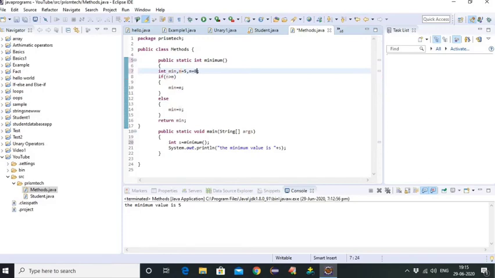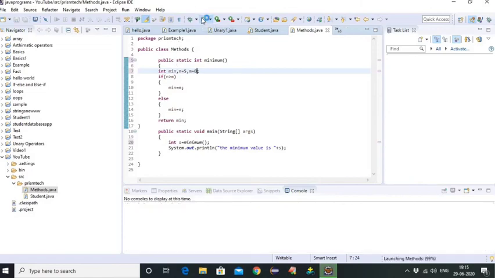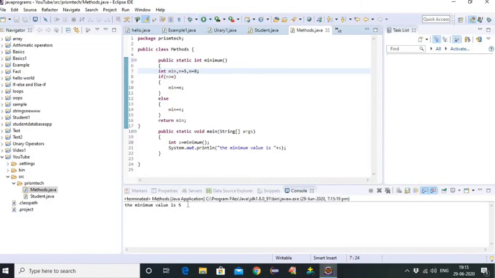I have initialized the variables, and see the minimum value is 5. I didn't pass any parameters to the method. So here only the variables are being initialized, here only the condition is being checked, and here only the return value is written. So it is the flow.